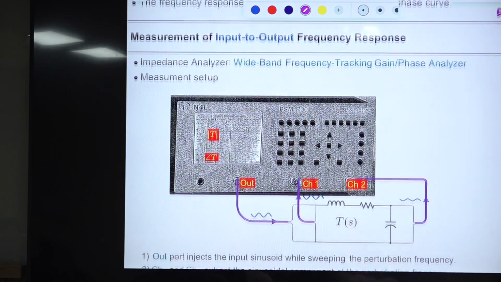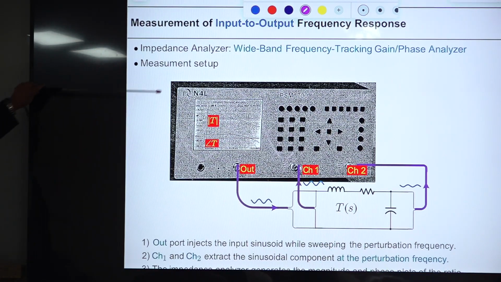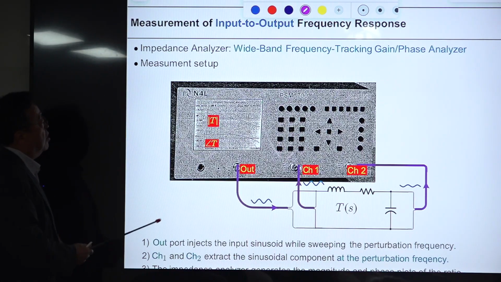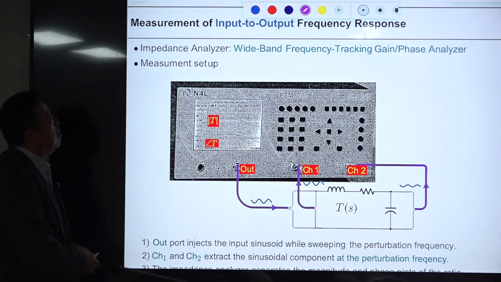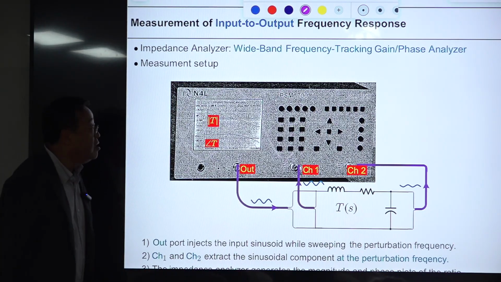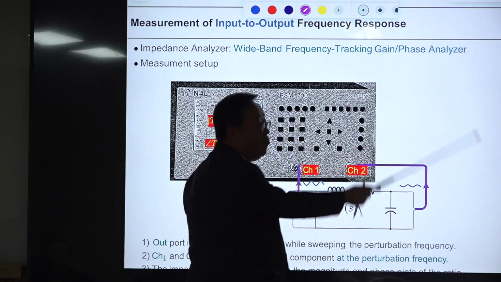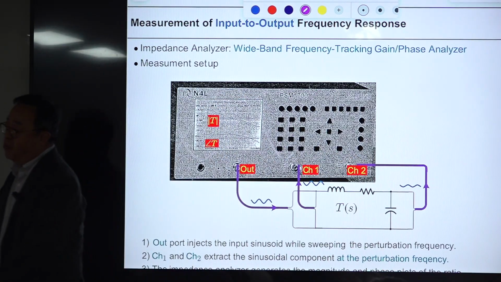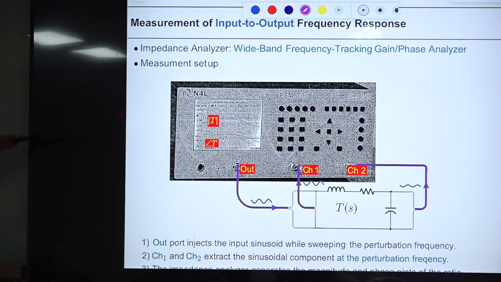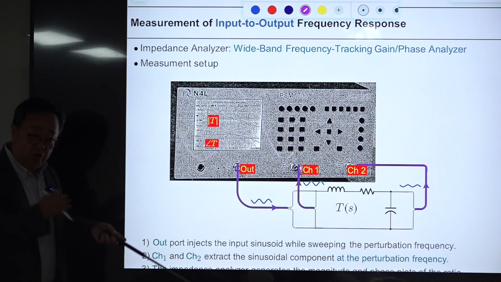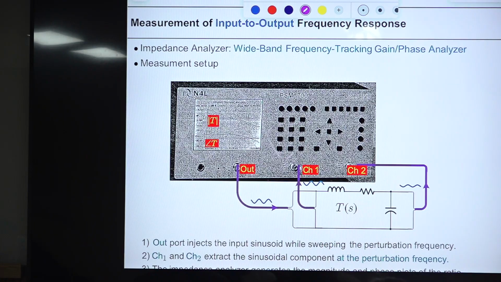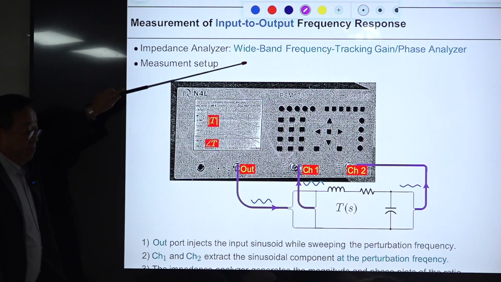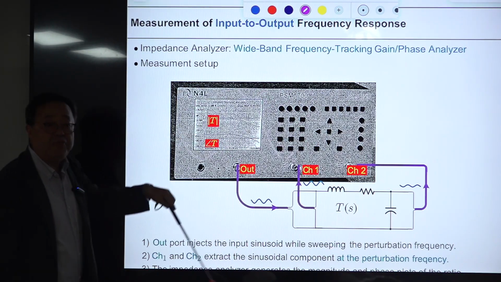Okay, this is the equipment called impedance analyzer. This is called impedance analyzer, but when you are talking about its functionality, a more appropriate name is wideband, frequency tracking gain phase analyzer. So, okay, this is the more appropriate name. I'll explain the meaning of this later, when we are talking about the frequency response of PWM converter. And we will discuss how to measure frequency response of PWM converter and the implication of that and the limitation